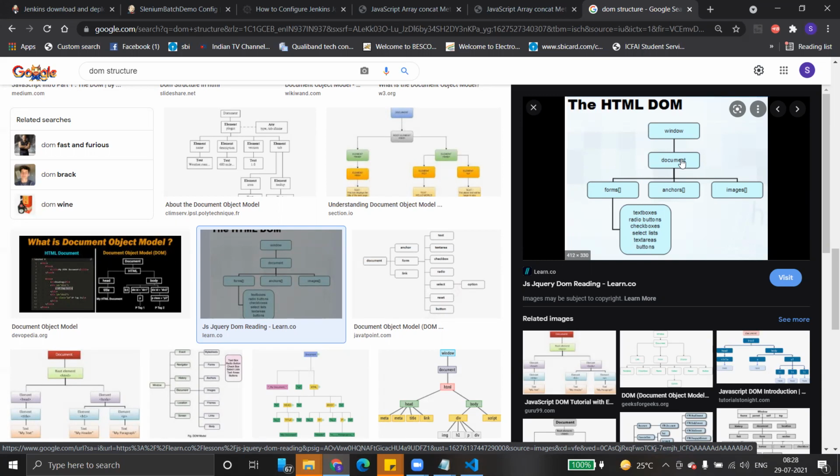So document contains the content of the page. Whatever content we are designing inside an HTML page comes under document. Then coming to objects, what are the objects that come under a document? Form object, anchors object, and images, the image object. Everything is enclosed in the form. Whatever is inside the form is enclosed with the form. Inside that we have a division, a select list, a button, a text box, a radio button, a checkbox, which come under forms. That means everything enclosed in the form tag makes the form object.